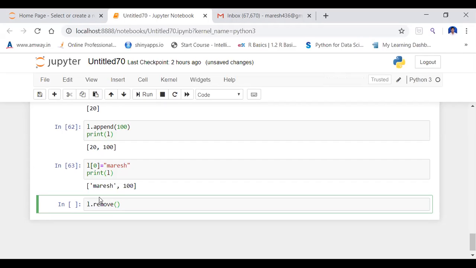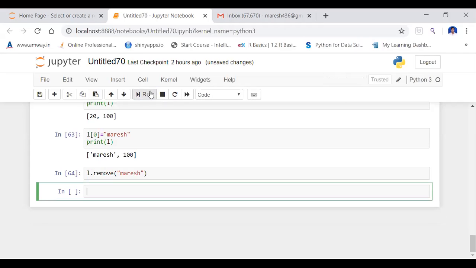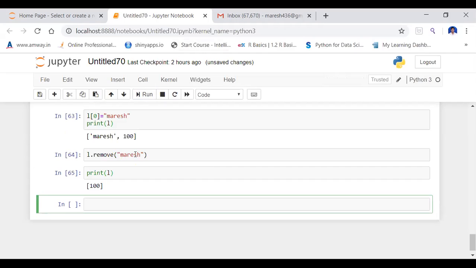Sorry, I need to supply Marish, so the element name, not the index. Print L. Yes, Marish is removed from the L list. Now we have only one element, that is 100.